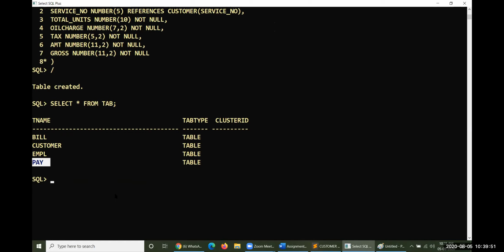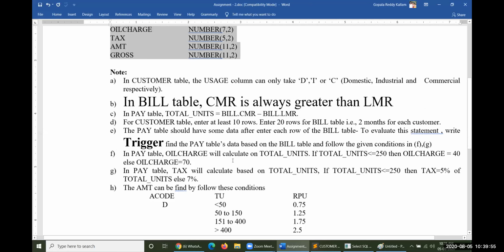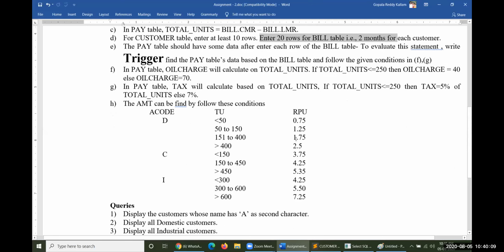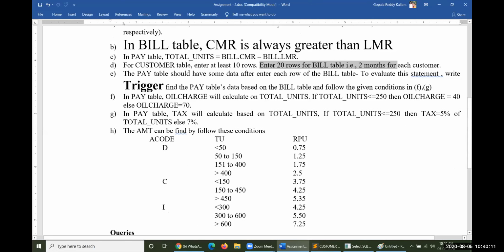Now, what exactly is next? The next problem is you have to enter at least 10 rows into the customer table and 20 rows into the bill table. For the time being, I would like to enter 4 rows for this one and 8 rows for this one.